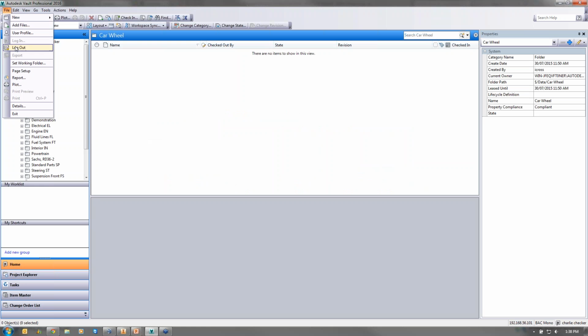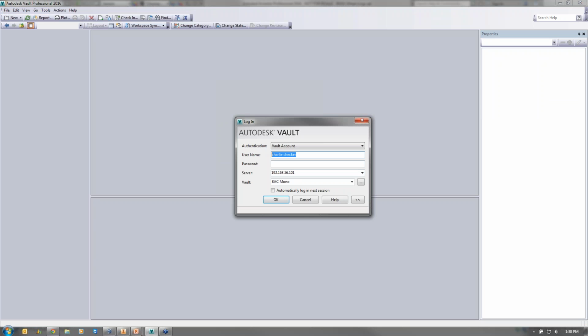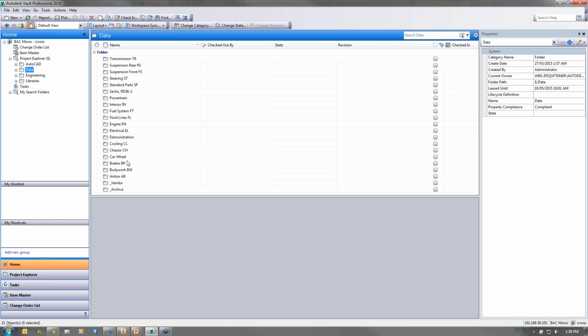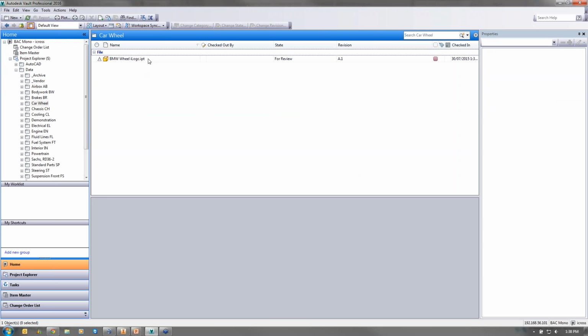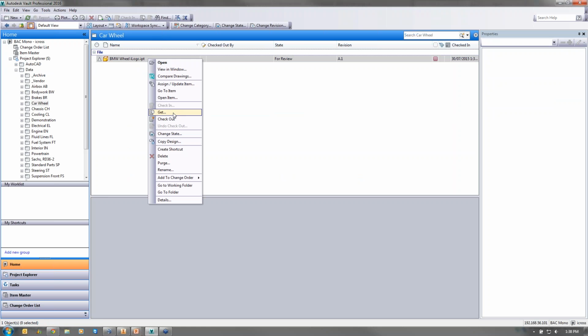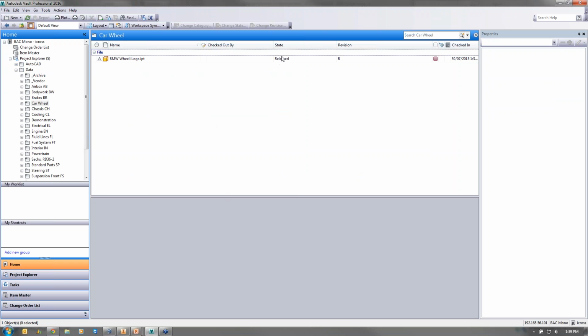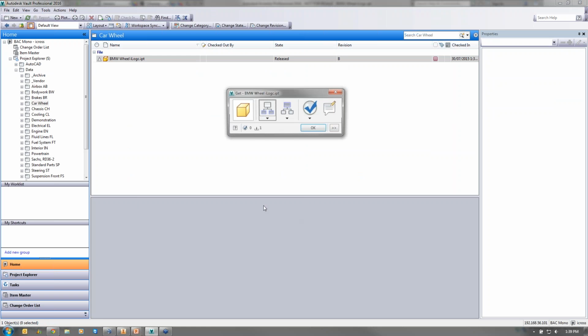So if I just quickly log back out and log back in as me. So back in as me, jump into my car wheel, I review it, it goes back to work in progress, back and forward, eventually it'll go to released. Okay, it'll go to released, you click OK, it's now released, and you can see that it's automatically changed it. Now I just got to get a local copy of this, and you can see that the file